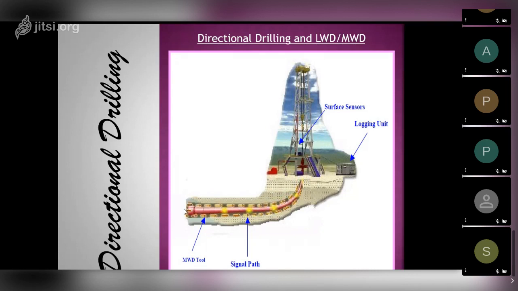This is a very intelligent tool. We call it RSS, and it has an entire electronic package. When I send a command, it receives the command and keeps doing the same thing until I change the command next time. So that's the RSS. Let's not talk about the technology here, but what I'm saying is, to drill a directional well, we need a directional motor or RSS, followed by a tool which is called